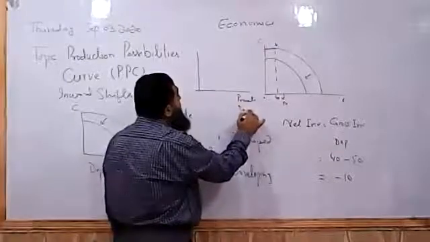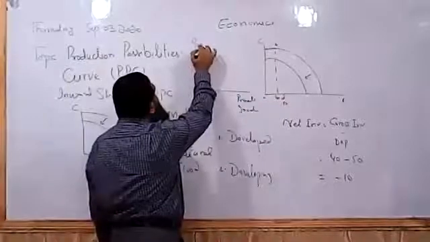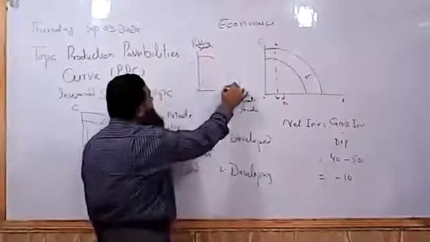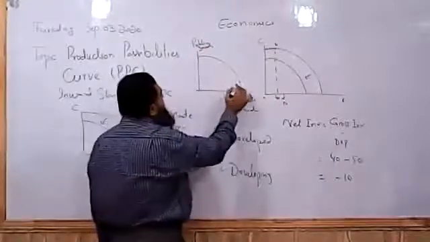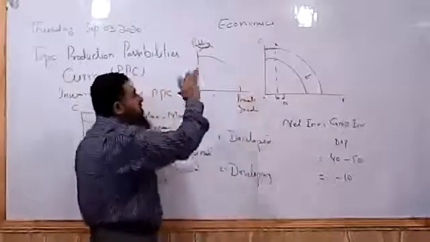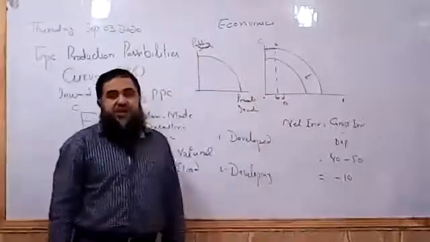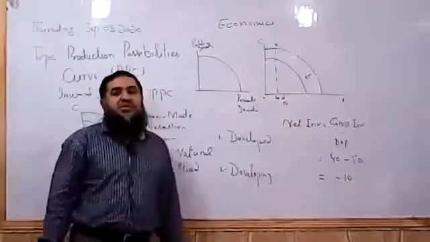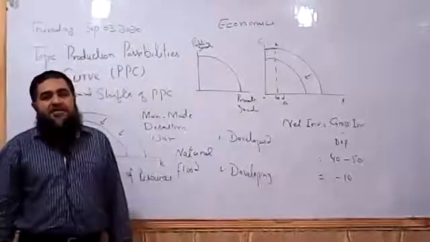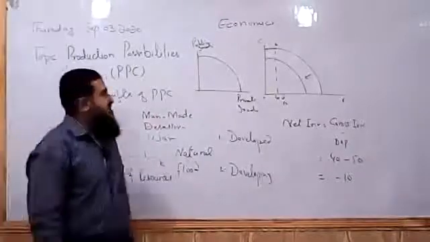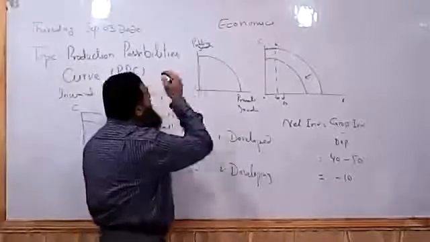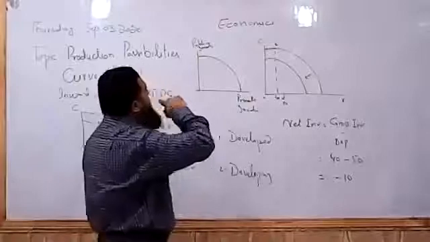Here I am taking private goods and here I am taking public goods. Now, what type of economic system is followed? If this country is producing more private goods, where almost all the goods produced are private in nature, we say this is a free market economy where government is playing no role. All the resource allocation is done by the private sector, private producers and consumers are deciding. Whereas if it is producing at this point where all the public goods are produced, then this point shows us that this is a planned country.